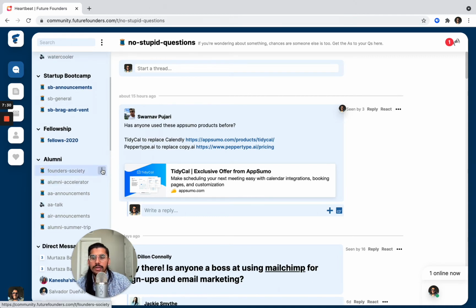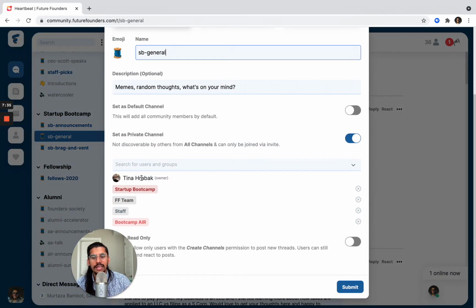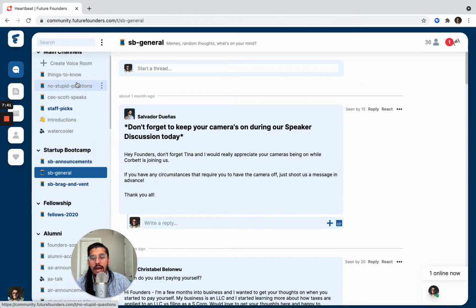And they wanted to create a space where each of these 3 folks could have their own channels. They've set that up through Heartbeat's groups. So now they have these groups over here that are set up. And that way they give access to channels just directly through those groups.